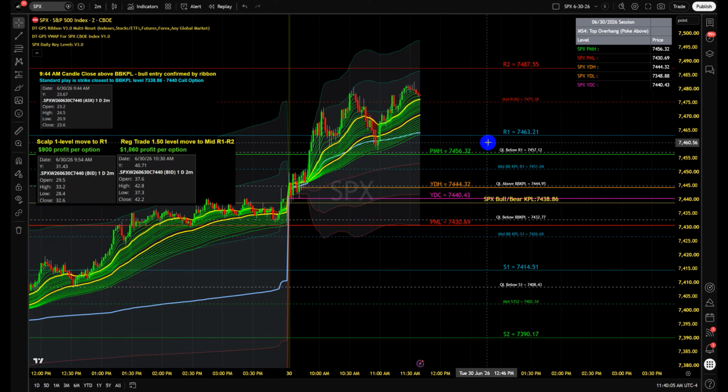Now at any one of those targets, you can do one of several things in this strategy. You can either just exit 100% of your position, whether you're doing a scalp, regular scalp, micro scalp, regular trade 1.5 level move, or a 2 level move, 100% exit. The second thing is that you can adjust your stop loss to break even. Now, we start off with a level-based stop loss. If you're going to adjust your stop loss to break even or break even plus an additional profit buffer on top of break even, then what that means is that you are